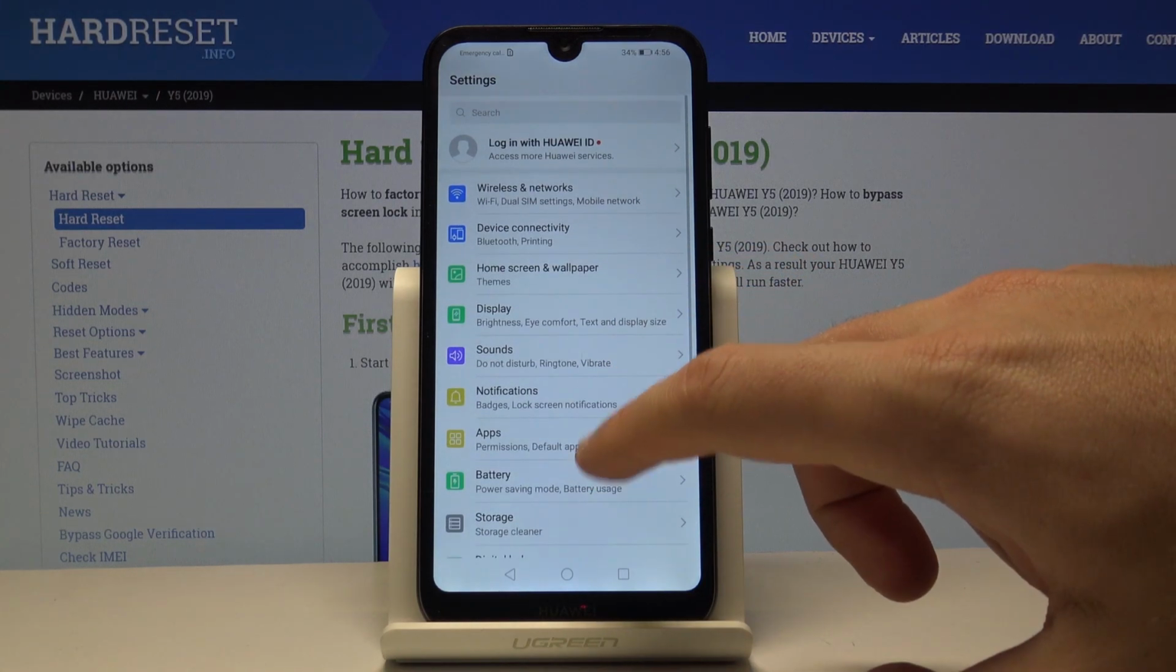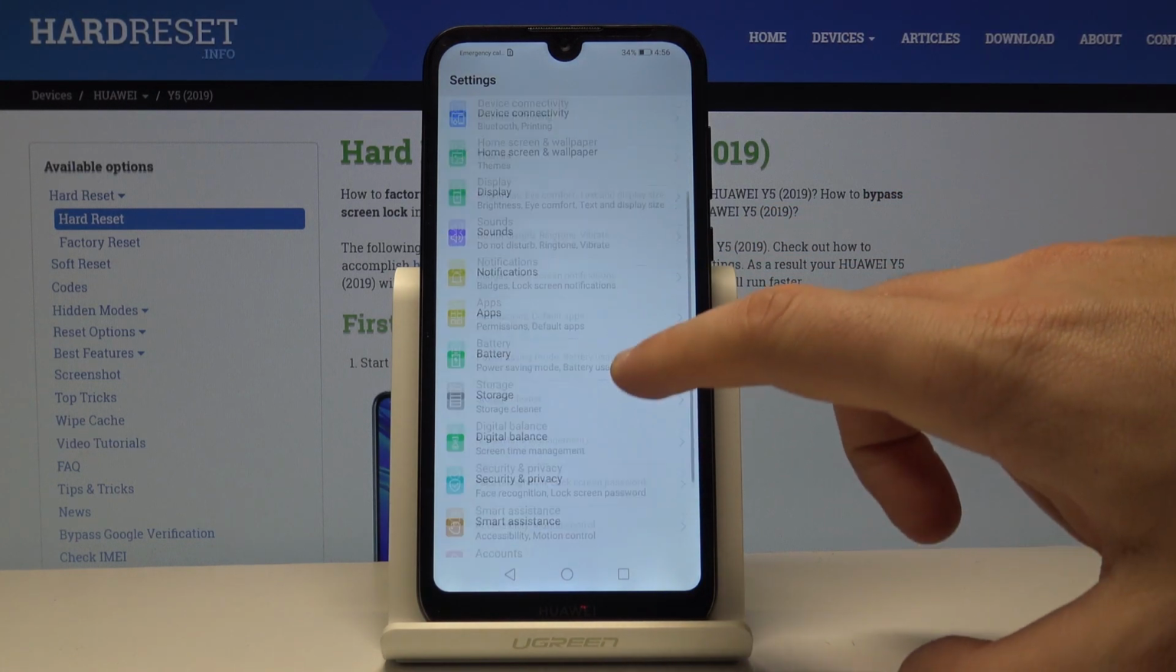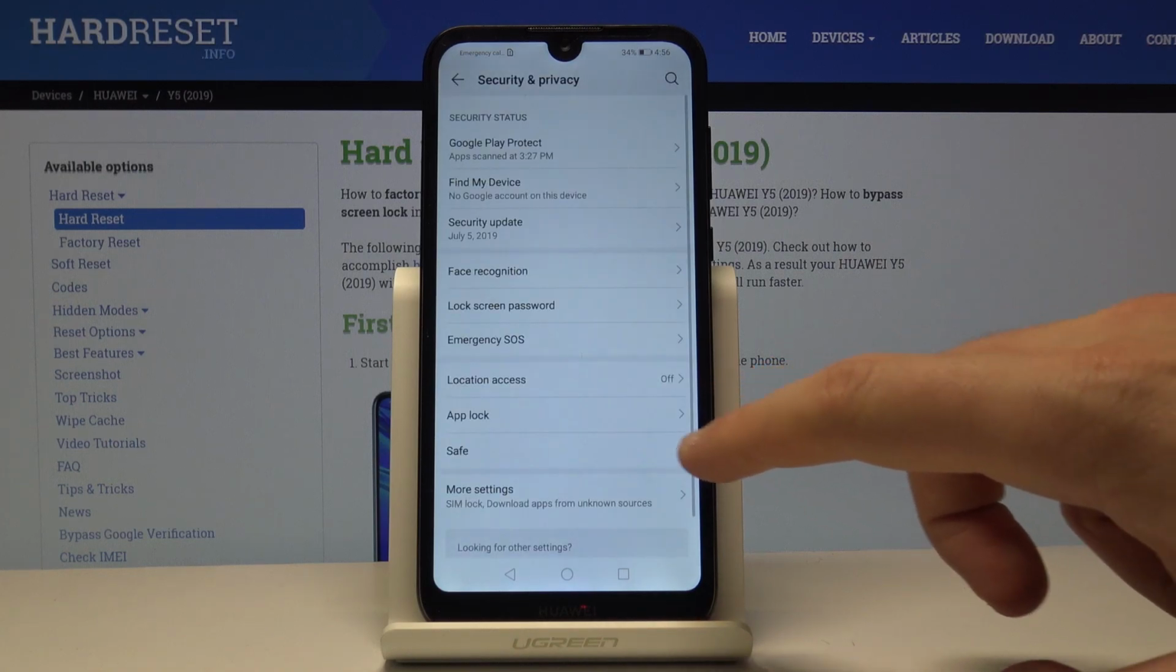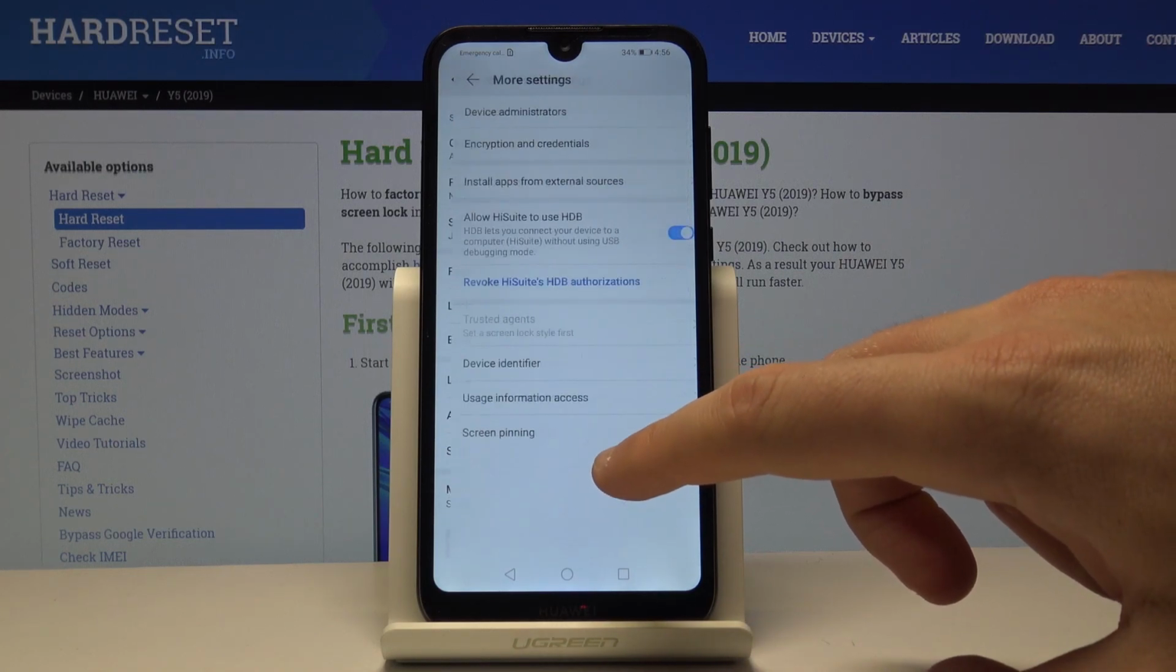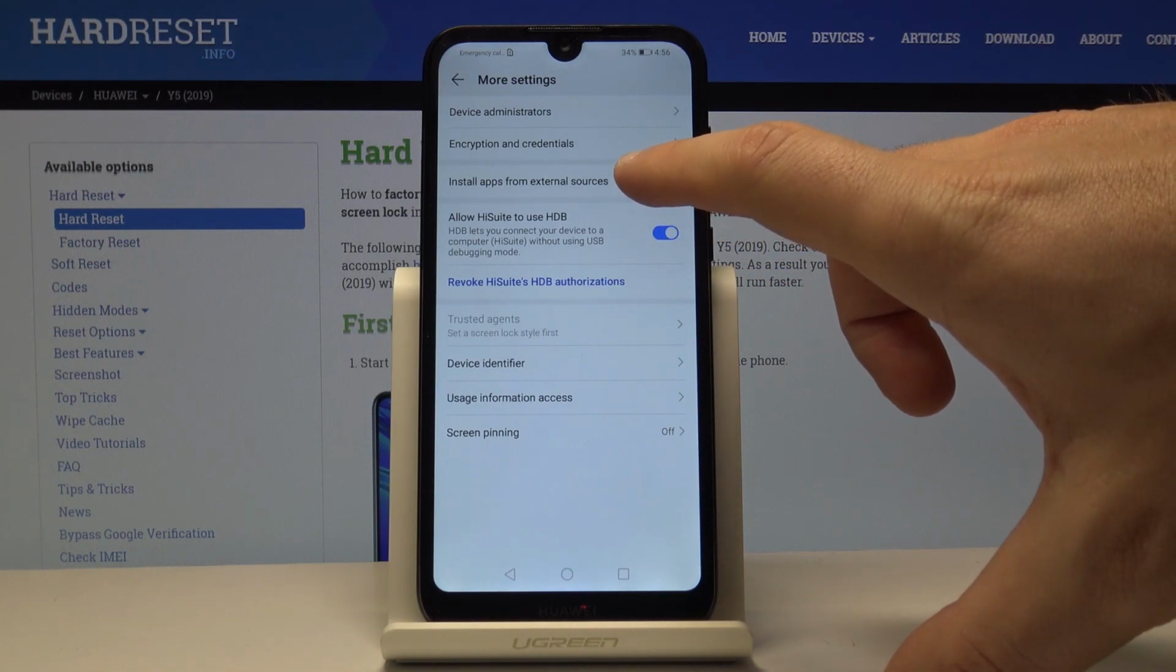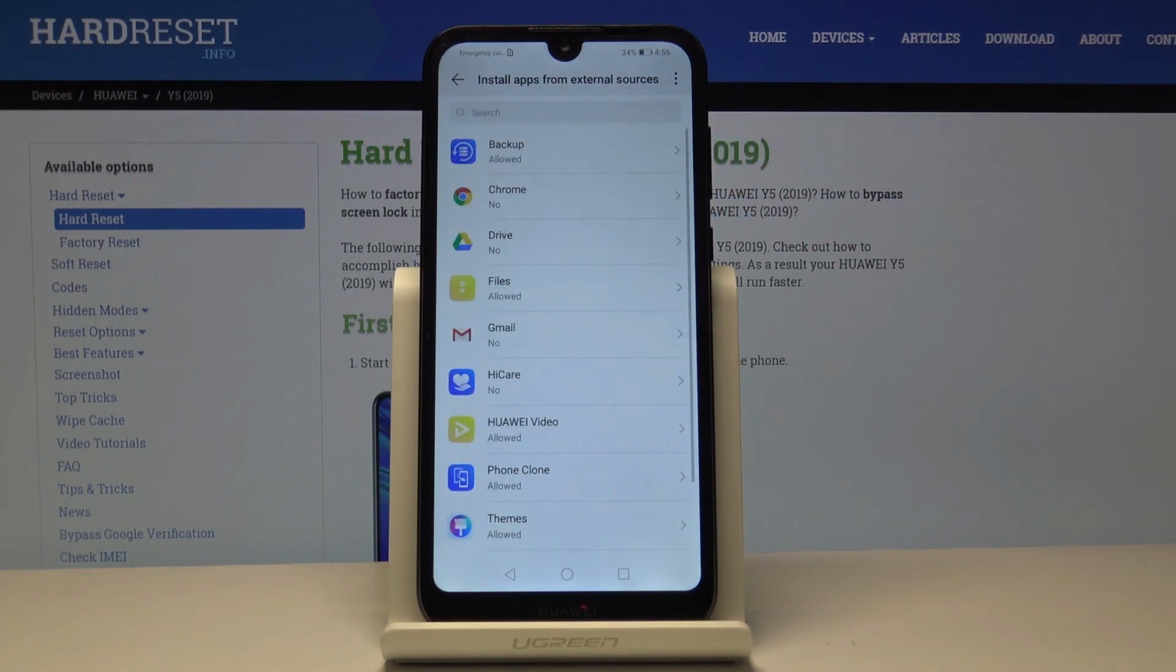Then from the following list, let's choose here the security and privacy right here. Choose here more settings and select install apps from external sources. So if you would like to allow installation apps from other sources than Google Play Store, here you can allow,